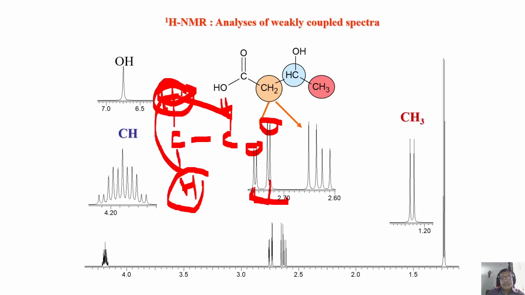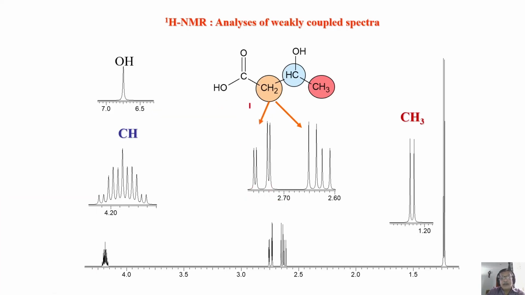You understand? This proton experiences one vicinal coupling, one geminal coupling, and now you have to see, in this case, I have to write one of the protons. Okay, let me write like this only. It is easy to understand instead of getting confused. I wanted to write in a better way. Let us see. Doesn't matter.